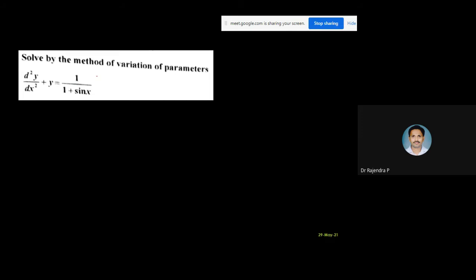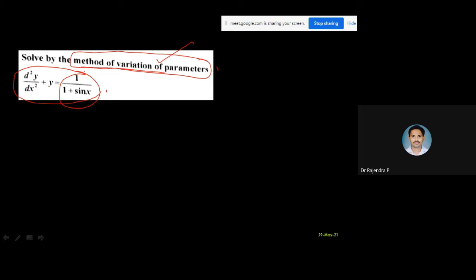Is it clear? Are these methods easy or not? Sir, so in the exam they won't ask which method to use. Yeah, usually they ask this: solve by method of variation of parameters. If they mention it, then you have to solve with that method only. If they do not mention it, it is your wish. Even if it is your wish, you may not know how to solve it. Do you know how to solve this? Because of x, we can't solve it.